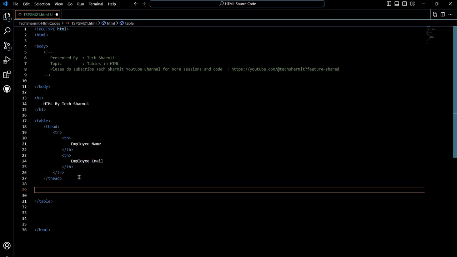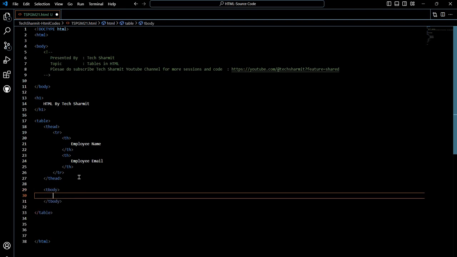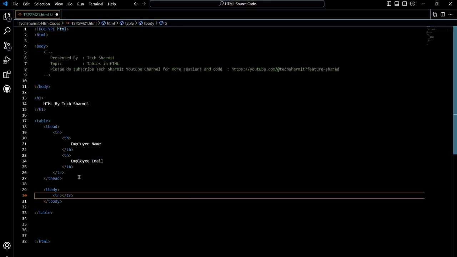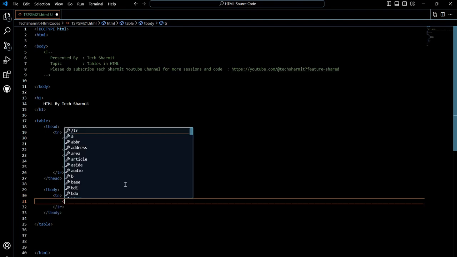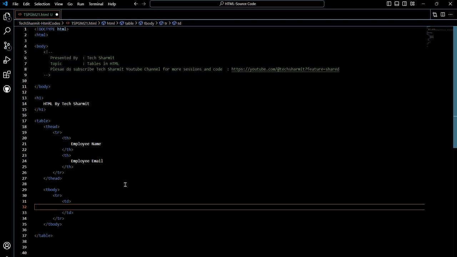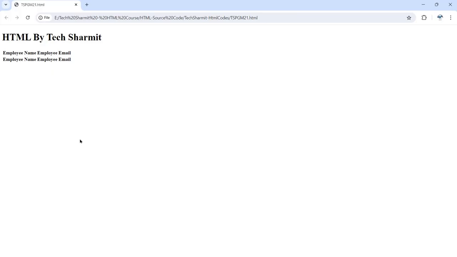To start the body part, we will simply write here tbody, then close it and enter. Now we will specify the row. To specify the row, you just need to write tr. This tr will be considered the second row because the first time we have already declared it. So simply write tr, then here we will write td and enter. Now you can put any name. For example, I'm writing Sharmit. Save it, refresh your browser, so you can see the first name is coming as Sharmit in the employee name